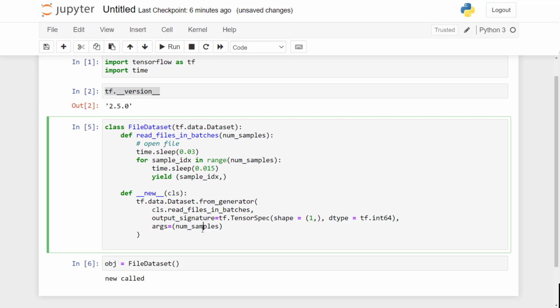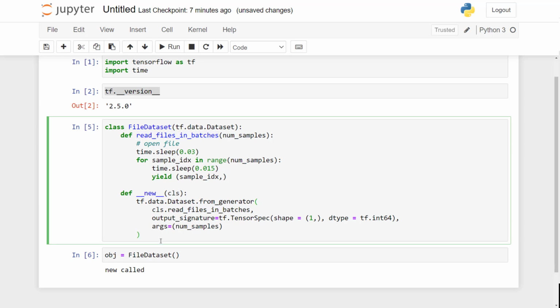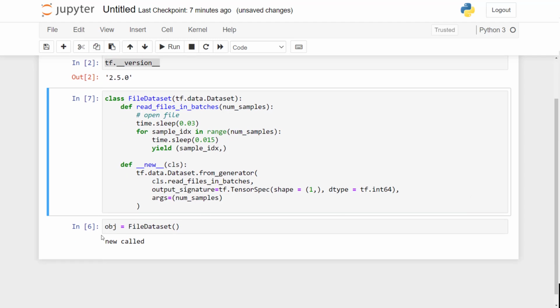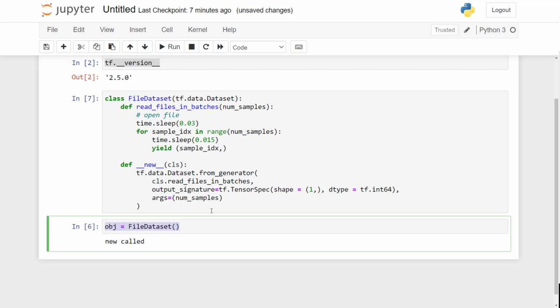So this is the argument, the number of samples you supply into this function. Don't worry about this too much if it looks complex. As we move ahead in the code, you will understand it better. Now, what happens is, typically when you have a training